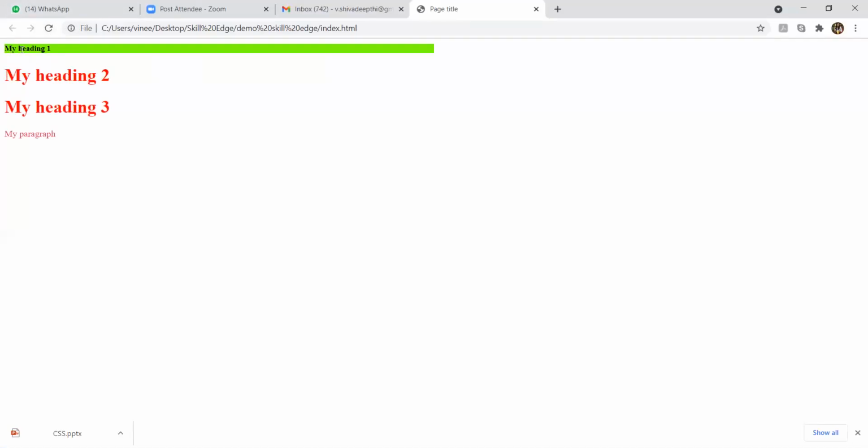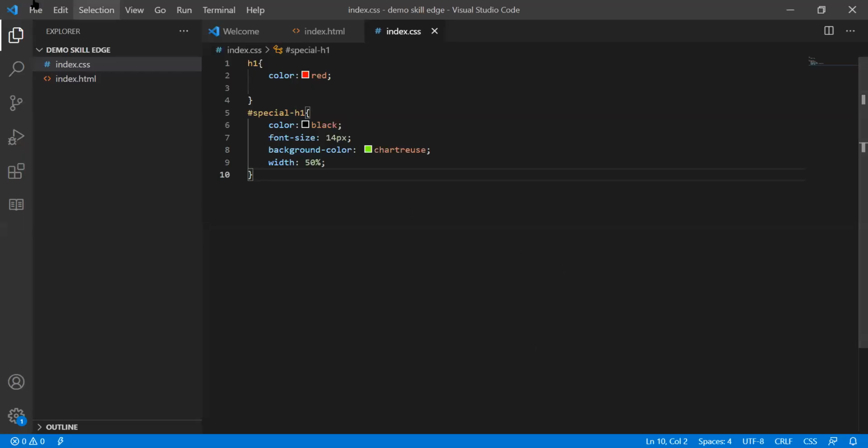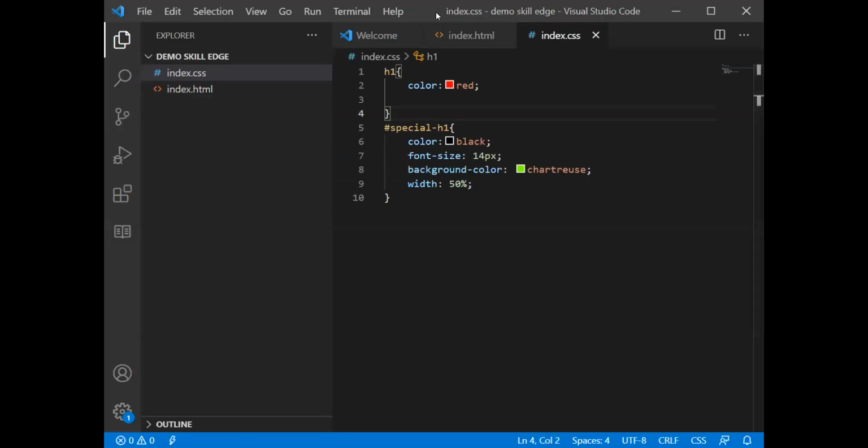So guys, you're able to see my screen, correct? Okay, I have shared it. Yes. So for only the particular H1 tag, we have applied the color. The other two are in their original color itself, correct? So do you want me to explain or is it clear?